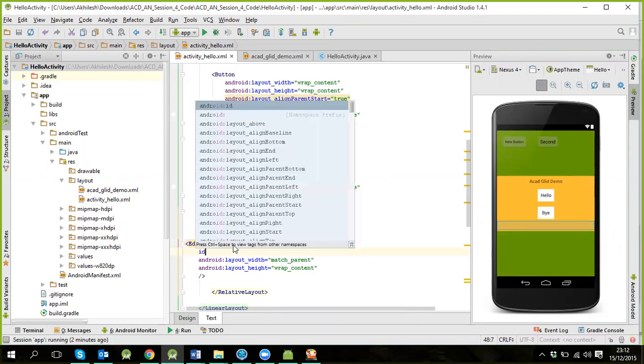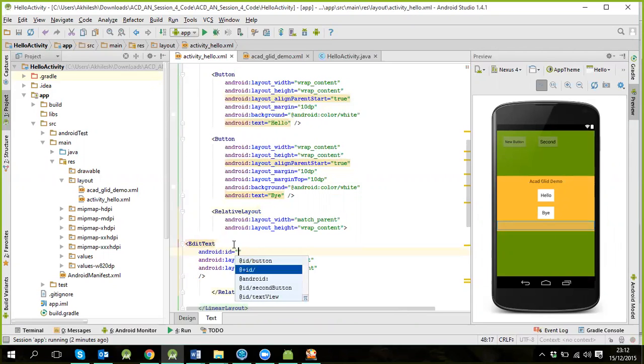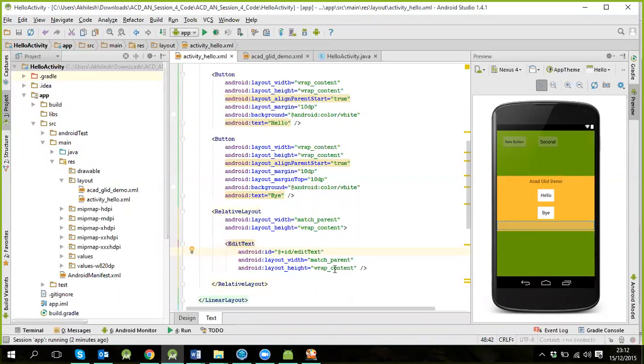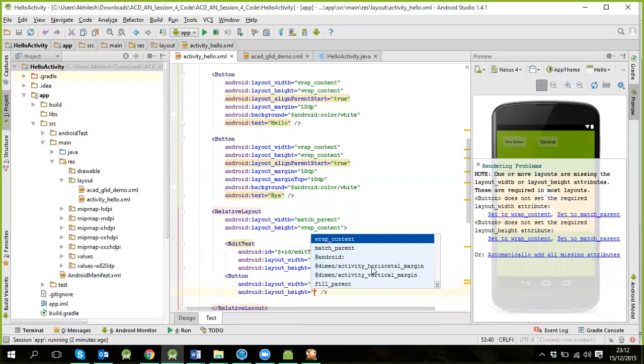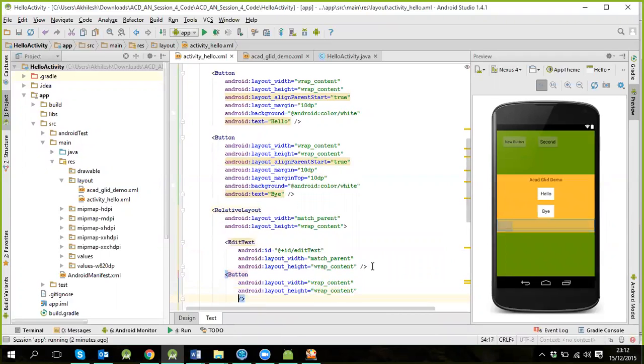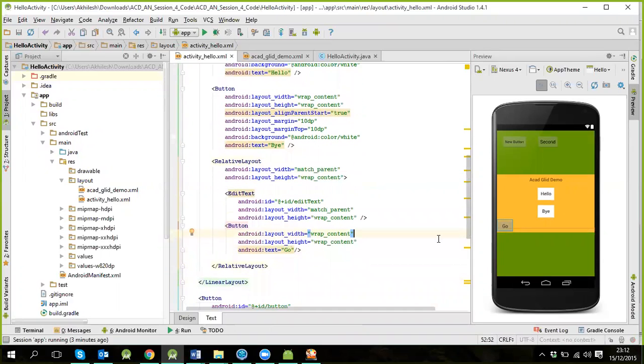Let's give ID to this. ID. Now I want to create a button. Wrap content. Right. I want to put this button on the right side of my edit text. So align